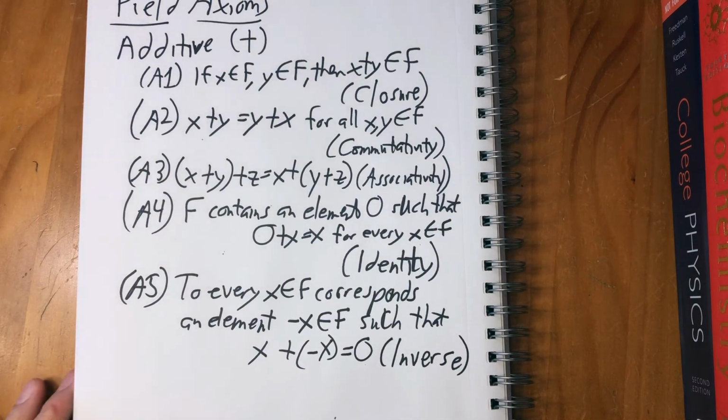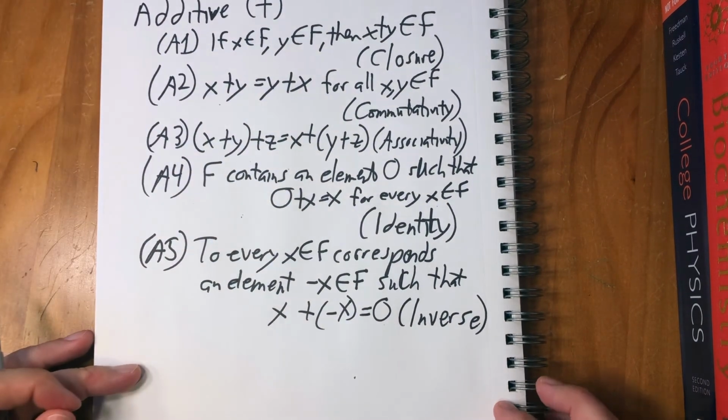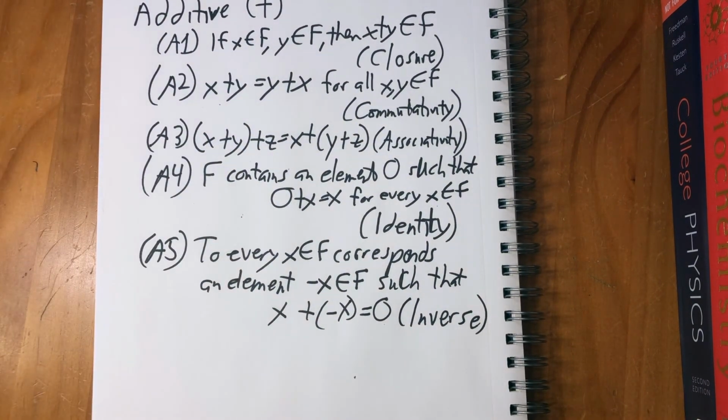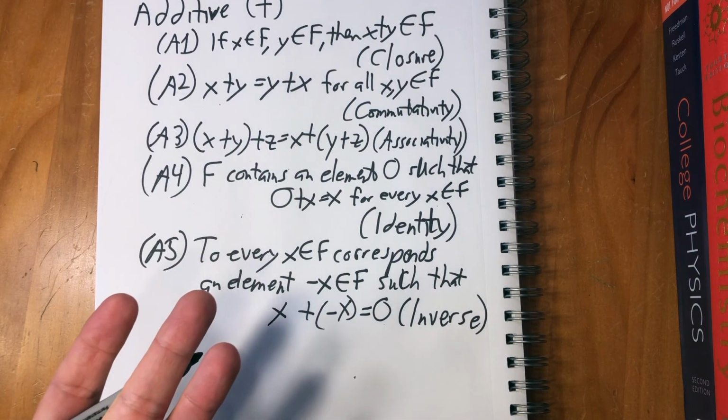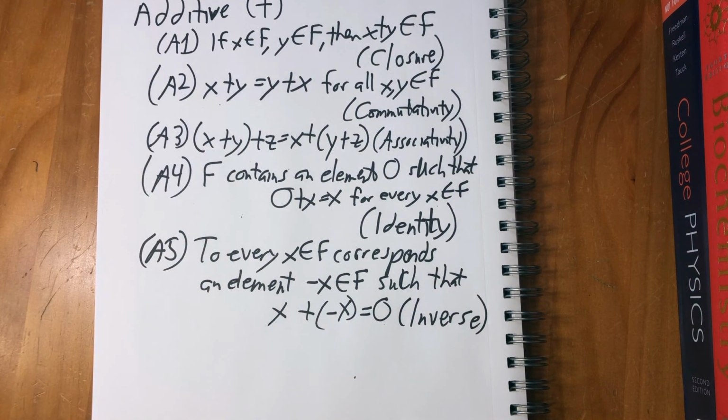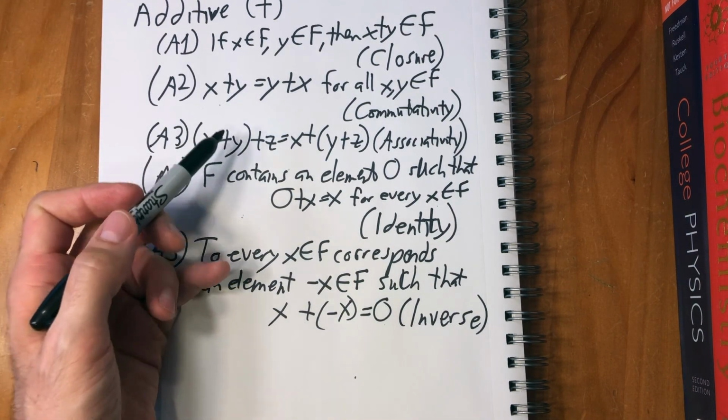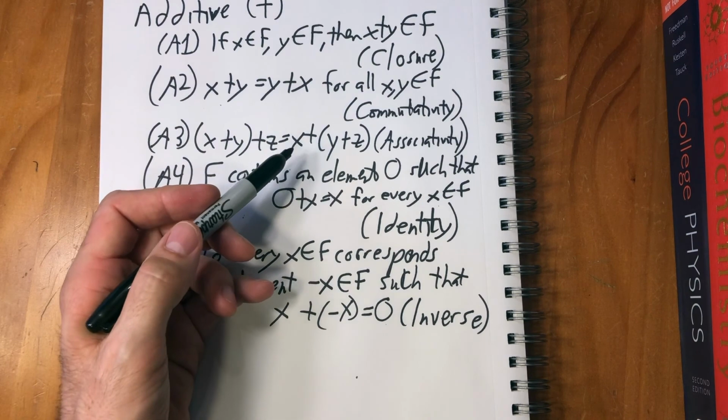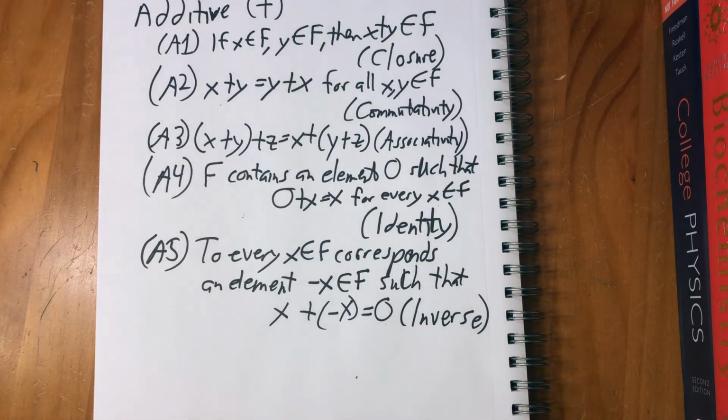Now, one really interesting thing about this, so we're about to do the same thing for multiplication. One really interesting thing is that, of course, all we're doing here is describing the numbers that we already know. We learned all of this in grade school, right? That if you have 1 plus 2 in parentheses plus 3, that equals 1 plus parentheses 2 plus 3. But